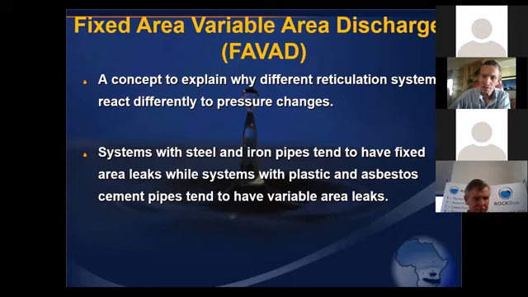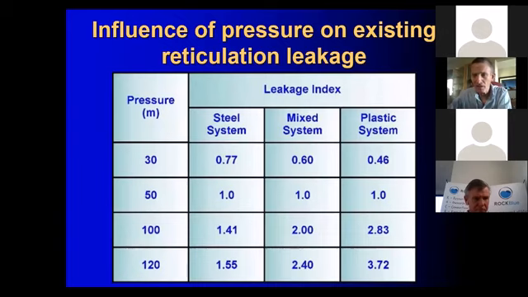However, if you have asbestos cement pipes and plastic pipes, typically the leaks on those pipes occur through the joints or cracks on the actual pipe. And as the pressure increases, the crack will open up. And so on plastic and asbestos cement pipes, you have variable area discharges, and on steel, iron type pipes, you have fixed area discharges. And what that means in real life,